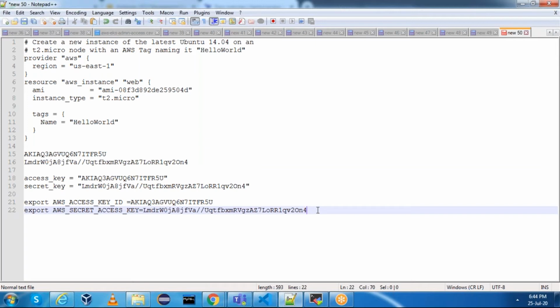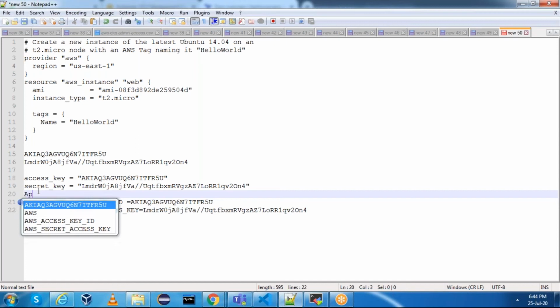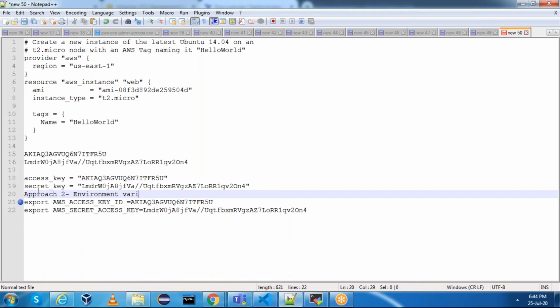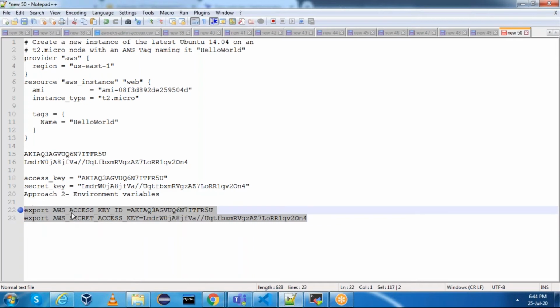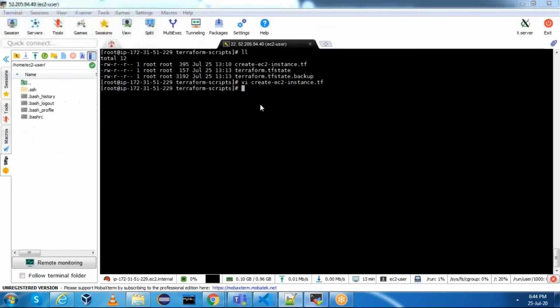Okay, you can use the environment variables. This is approach 2. Let me name it as approach 2, environment variables. Copy these two things and mention it in the environment variable section here.